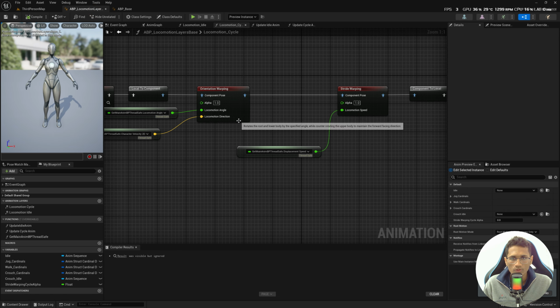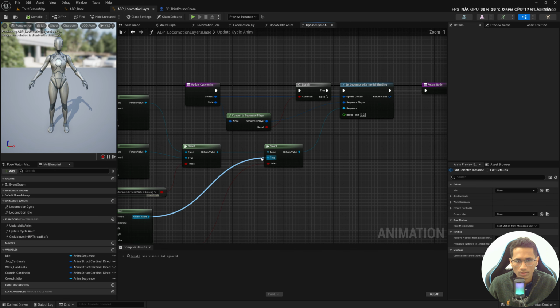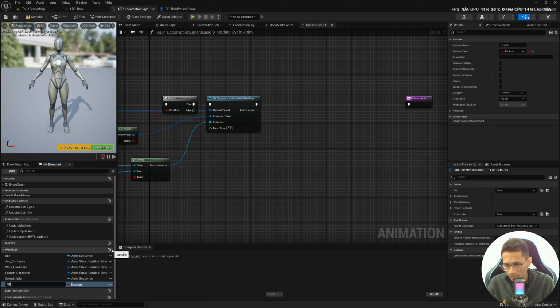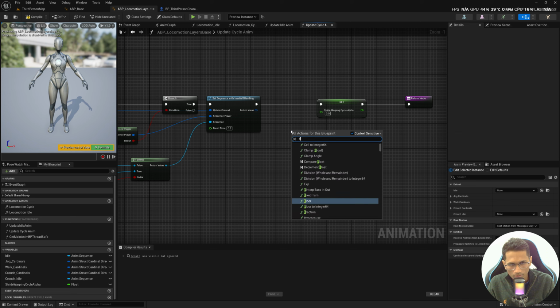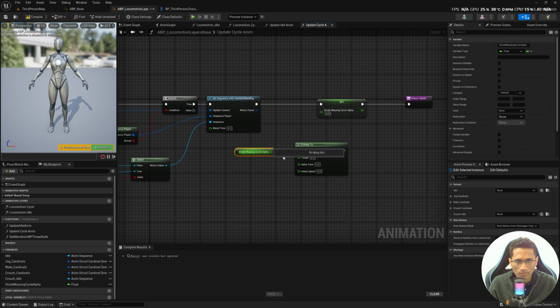So now you go to your locomotion layer space, and in the locomotion layer space we can go to our function that is connected with the cycle, and now we can set the stride alpha here. So we can create a variable here, since it has everything to do with this stride warping cycle alpha, and this is going to be float, and I can bring this here. I can connect this to this and return this, and this value is going to be interpolated. So FInterp To, and now whatever the current value is, which is 0 initially, but it gets updated,